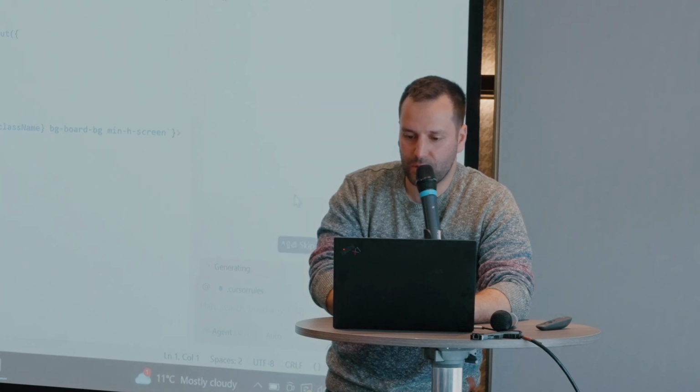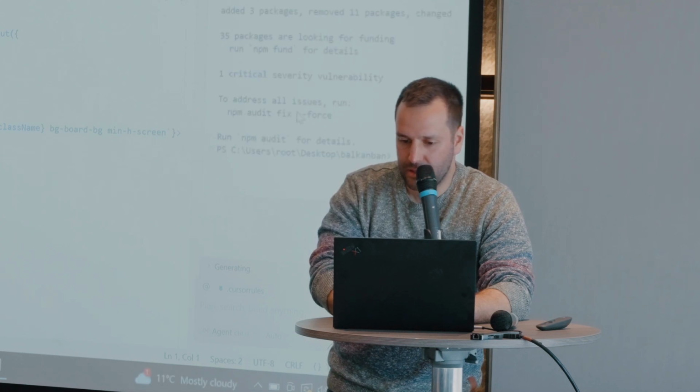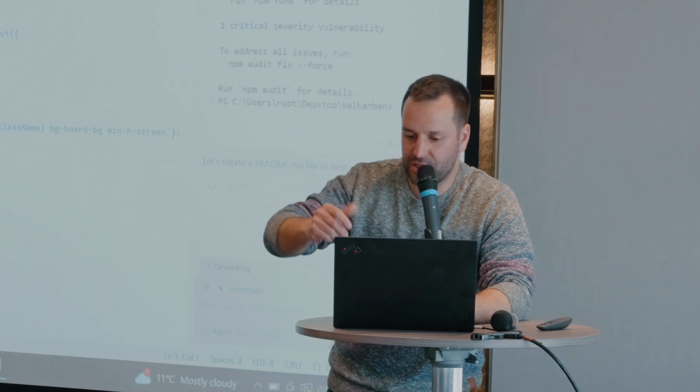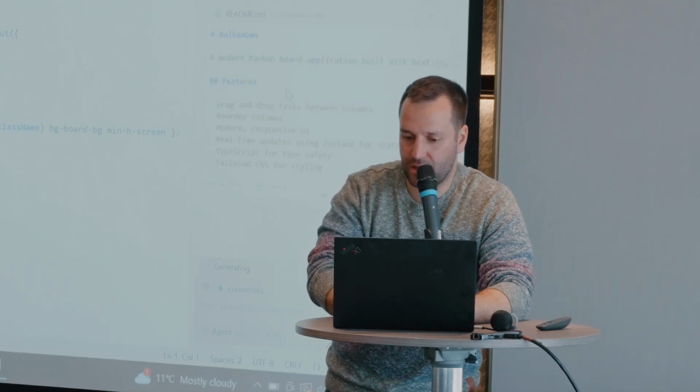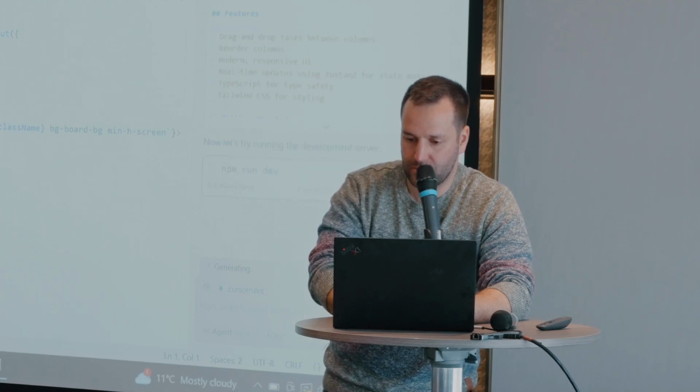Okay, npm install. Now we install all the dependencies. That's the Node.js package manager, npm, downloading from the internet. All looks good. It's even creating a README for the project, which is a great first page for the GitHub repository and explains what the app is doing. And now it's even suggesting to run the app and see how it works.